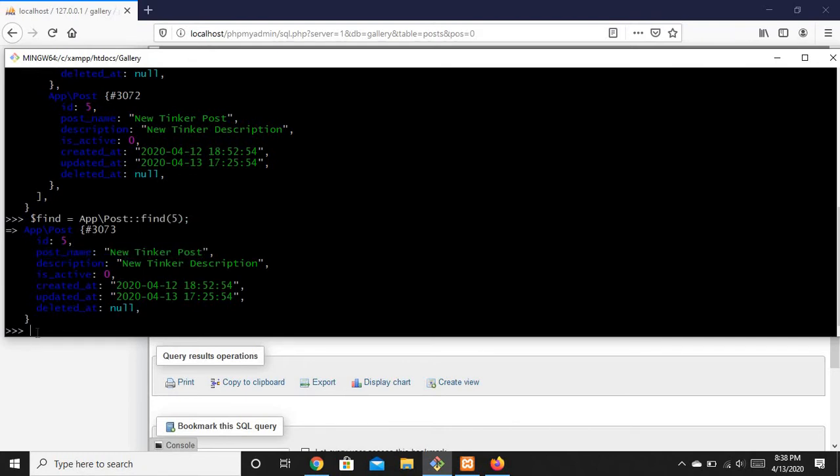Now let's apply a where clause, or where method, to get a row. App\Post::where id is 5. With the where method I have to chain another method, and the name is first, or you can also use get, but we use first when we want only one record, and we use get if